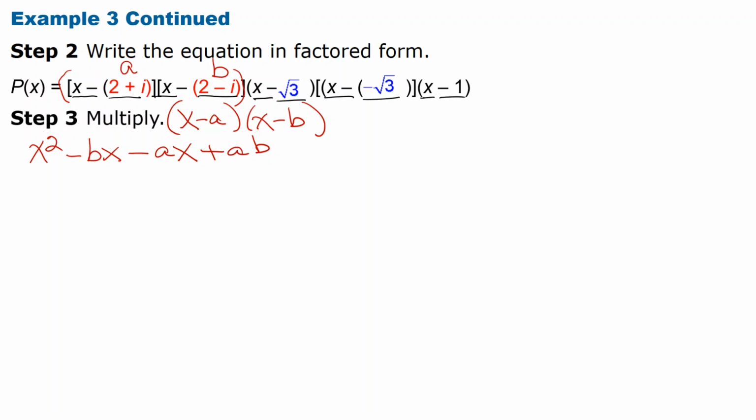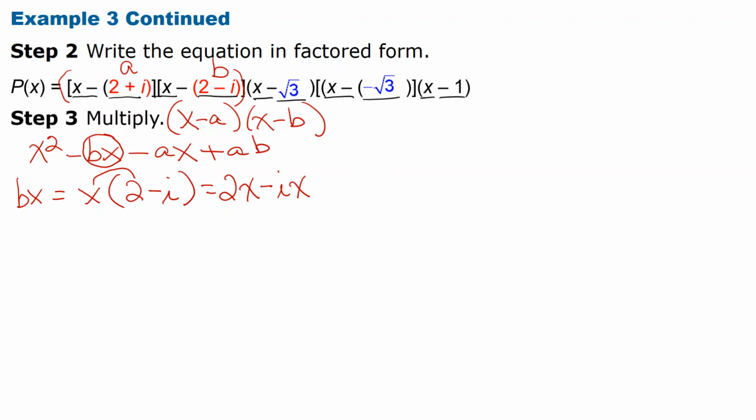All right, so now I want to figure out what Bx is. So that's going to be x times our B, and our B we said was 2 minus i. All right, so we're going to distribute that x, and so x times 2 is 2x, and x times negative i is going to be minus